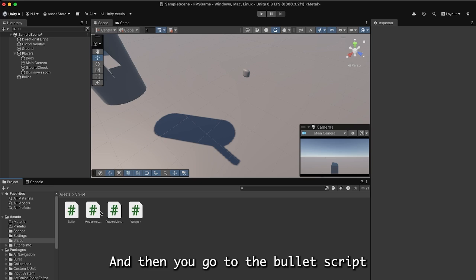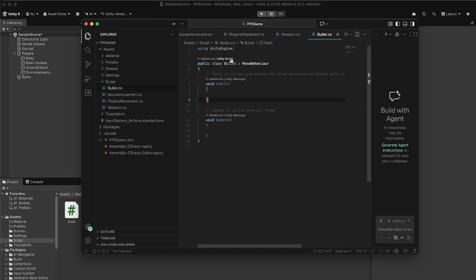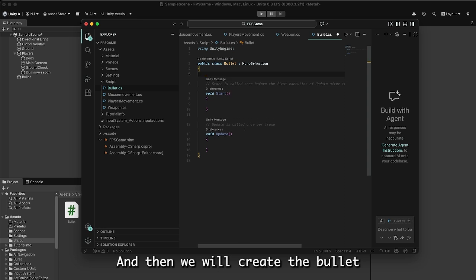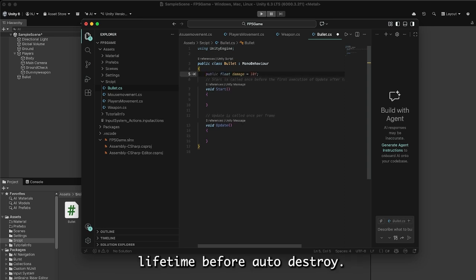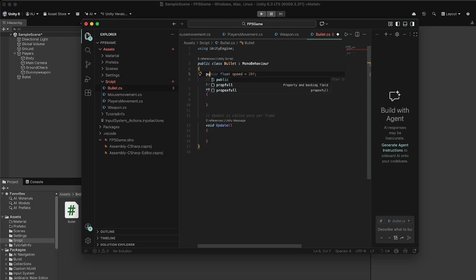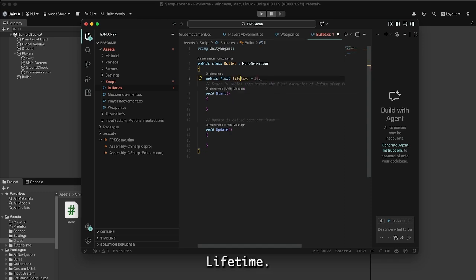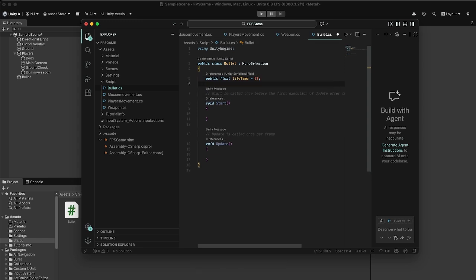Okay, and then we will go to the bullet script, and then we will create the bullet lifetime before auto destroy. Public float lifetime set to 3 and public float damage. Damage set to 20